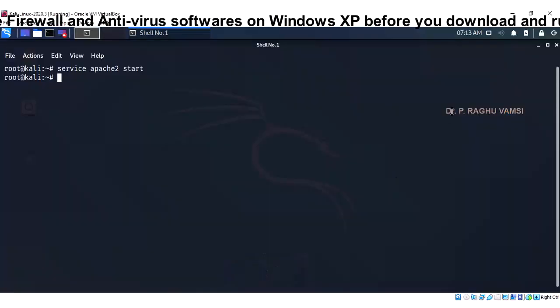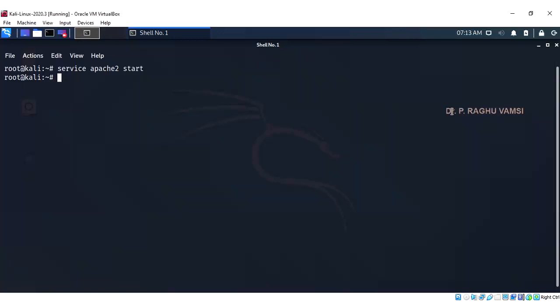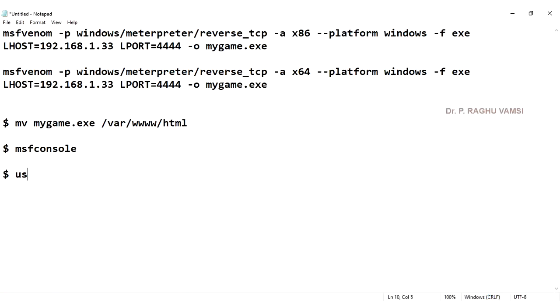Whenever this mygame.exe is available, then you are supposed to run the MSF console, that is, the Metasploit console. From the MSF console, you have to use multi/handler. Multi-handler means it is the handler which will handle multiple protocols, either reverse via TCP or DNS reversing, or HTTP reversing, or Android systems based reversing, maybe any other reversing that will be handled via this multi-handler.